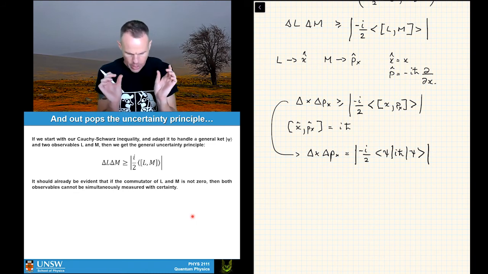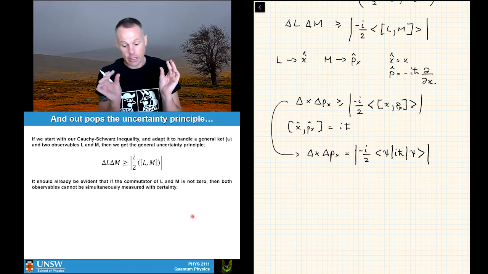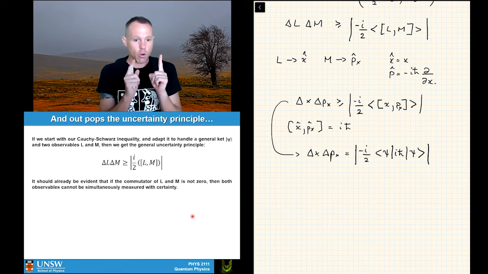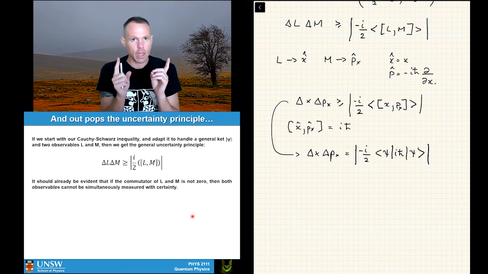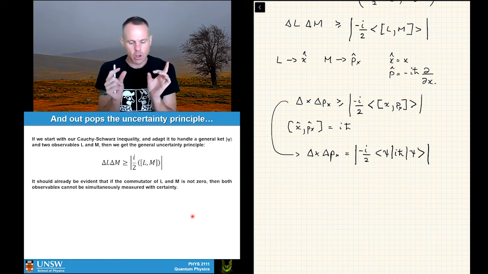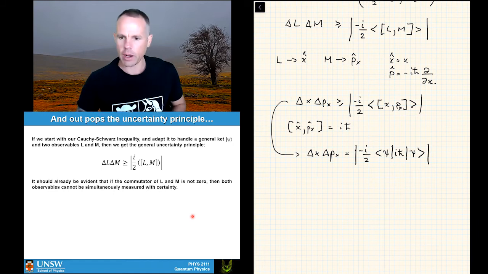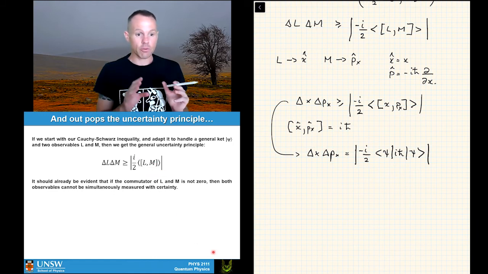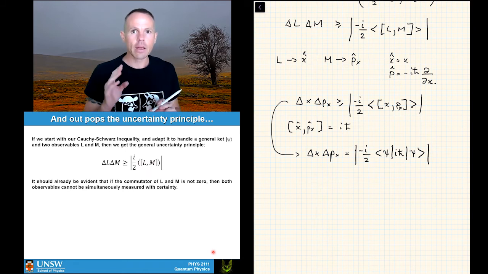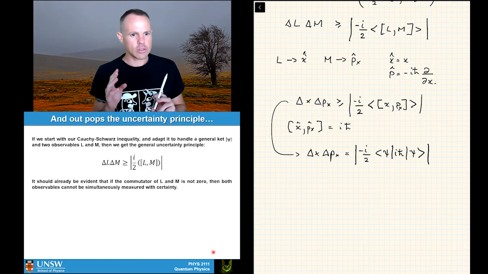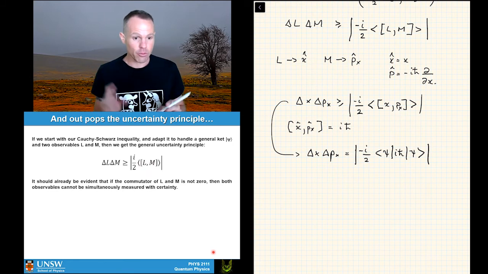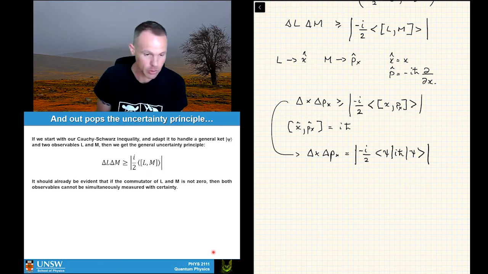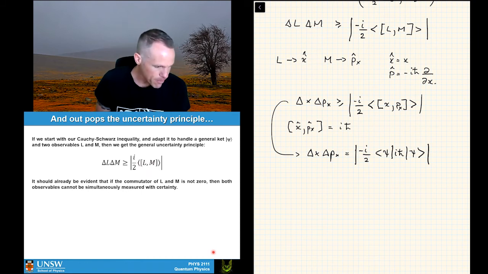And one thing to be careful of in here is that sometimes actually the commutator of two operators is another operator, okay? And so you have to be careful, or at least cognizant of the fact that sometimes what you're doing with this expectation value over here is actually getting the expectation value for another operator. If you want an example of that, use your Pauli spin matrices in this part of the problem. Try that for yourself, and you'll see that actually what you get is the expectation value of another operator inside this uncertainty principle. It's a really interesting exercise to do. And I'll do that one and put that up in my notes as well.